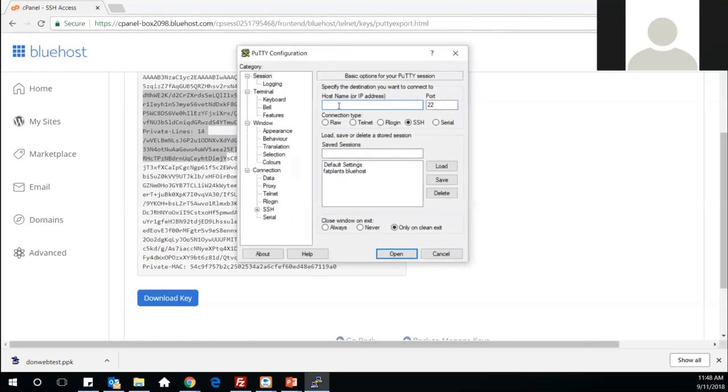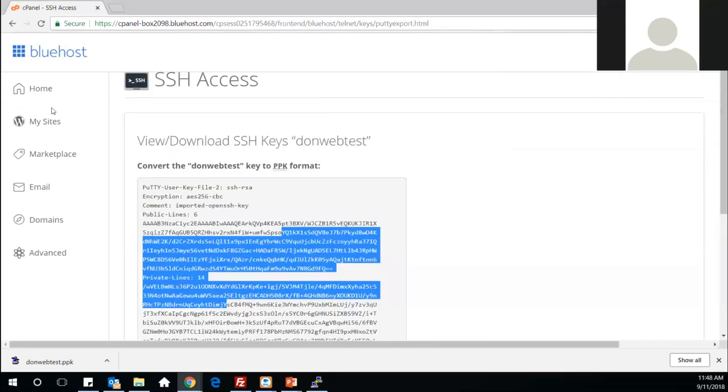Several things that you need to know. You need to know the host name, and the port that you're accessing is port 22. So how do you get these details? If you do not know how to get these details, I'm going to show you. You're going to go back to the advanced section of your Bluehost profile. And once you are here,